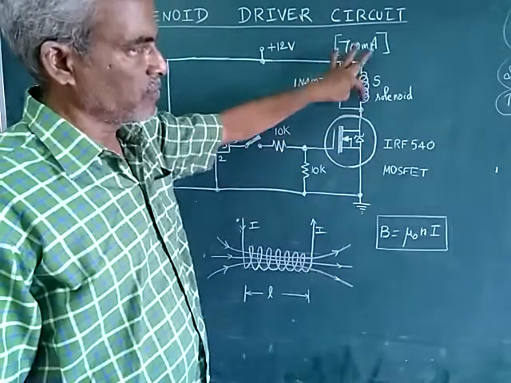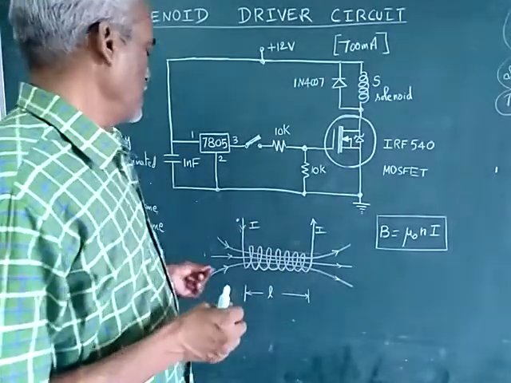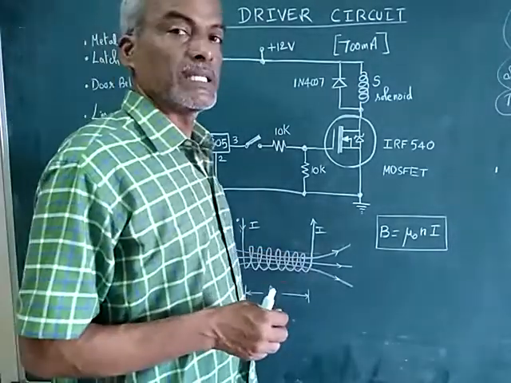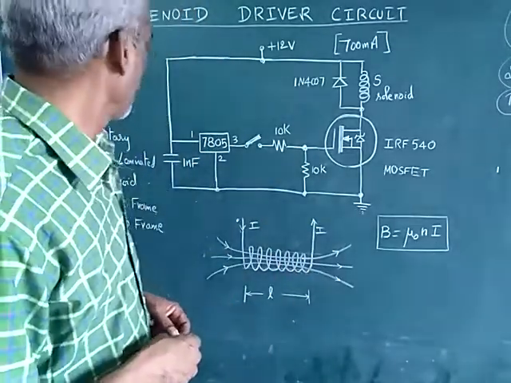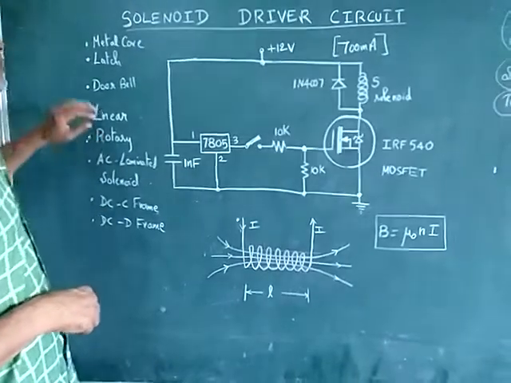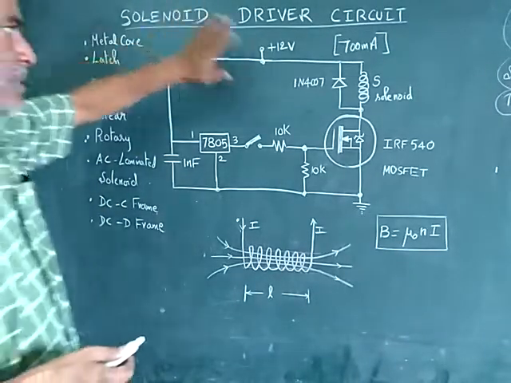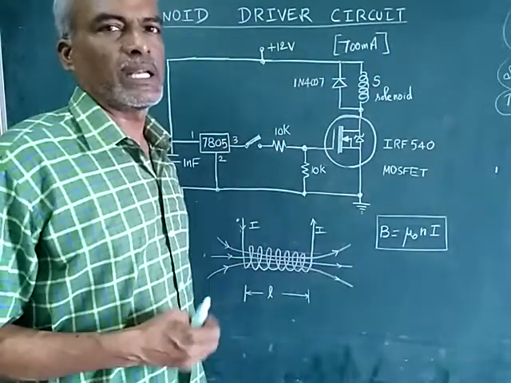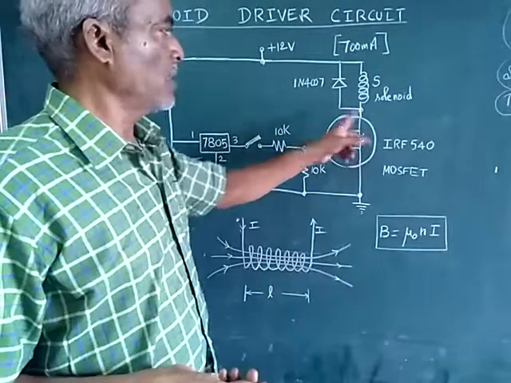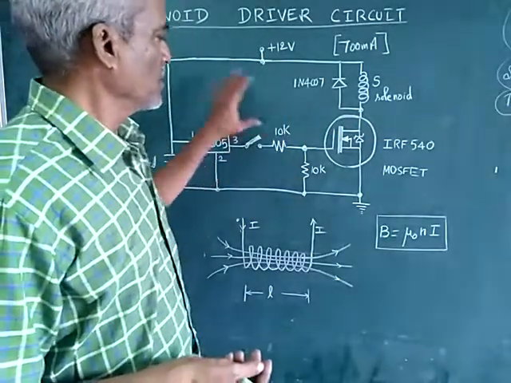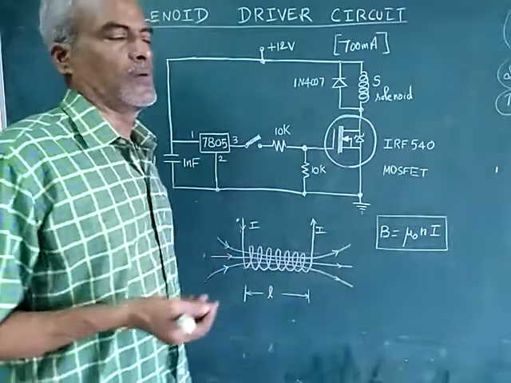Therefore a current flows through the solenoid, and the solenoid gets actuated, provided you have a metal core inside, it will move linearly. We can make it move linearly. Okay, so mainly this is a driver circuit because you cannot put a solenoid directly on the supply. You need a driver circuit. So this is the electronic part of it, so that this circuit drives the solenoid. So it can be turned on or off.